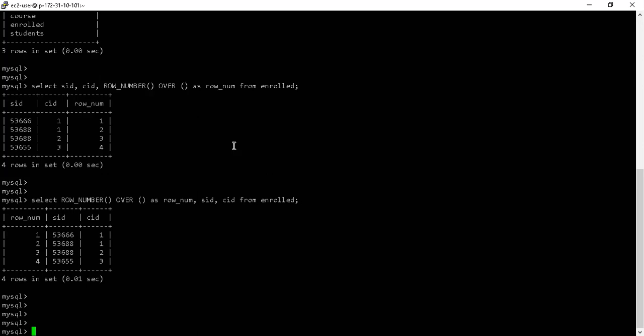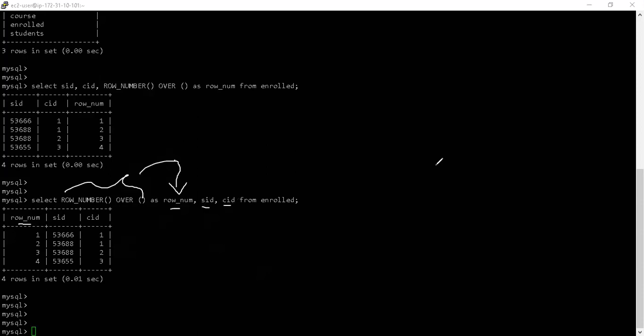I can place it anywhere, even slice it within the columns. Even then it's going to work, because this part is getting executed by MySQL in the backend, and it is getting aliased as row num. So that's what you see as a column name here, along with the rest of the columns that you may have selected.